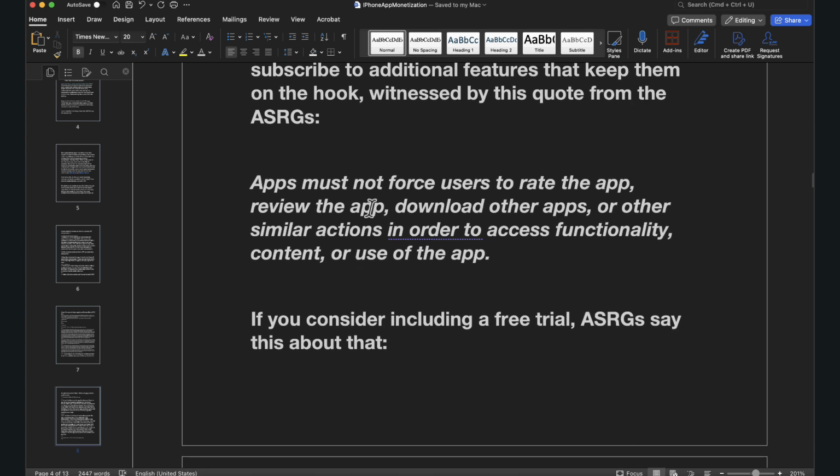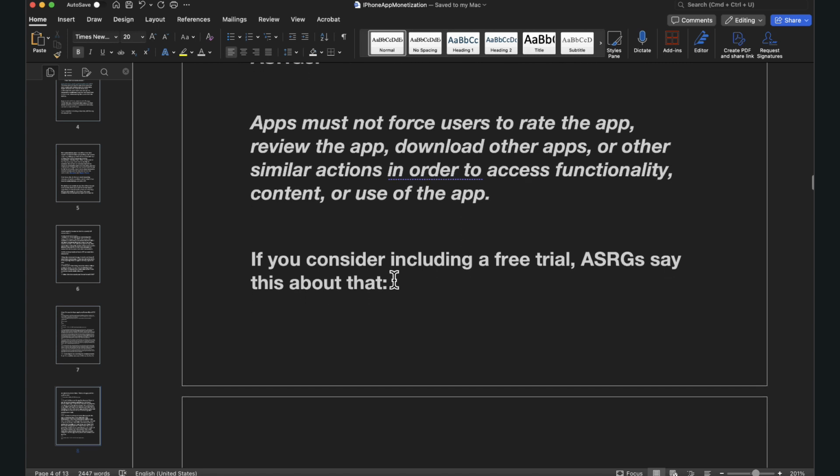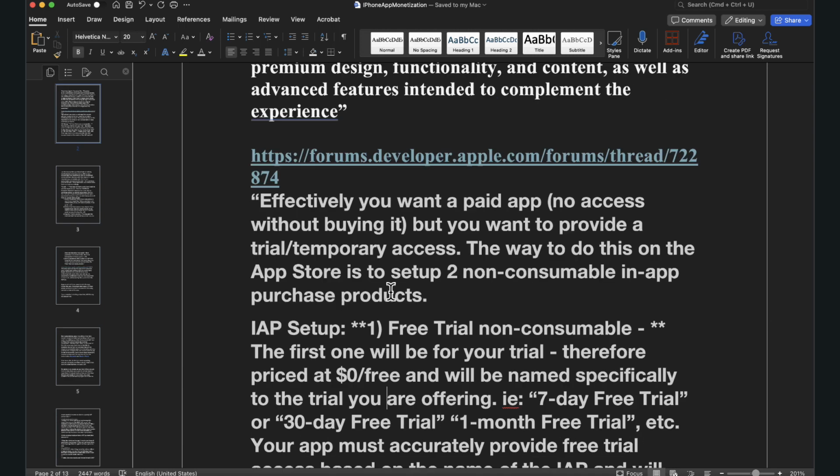Apps must not force users to rate the app, review the app, download other apps, or other similar actions in order to access functionality, content, or use of the app. The solution is really to provide an app that is useful in the form that it was in when you download it. The idea I came up with is to assign a UUID